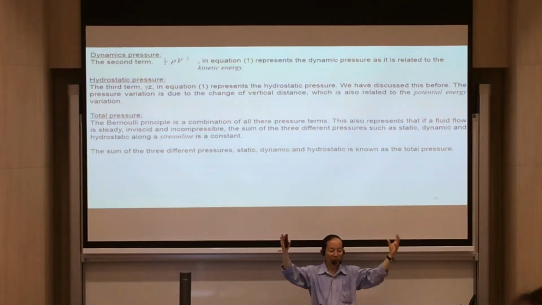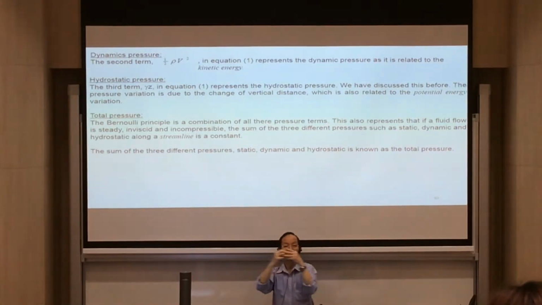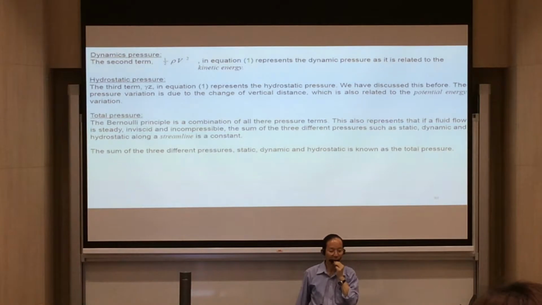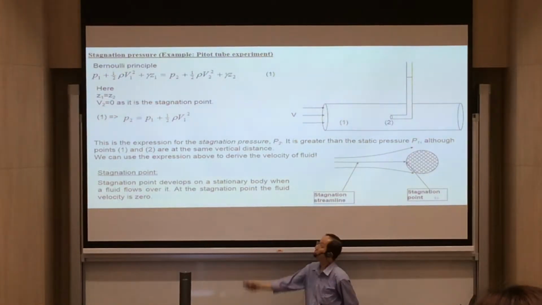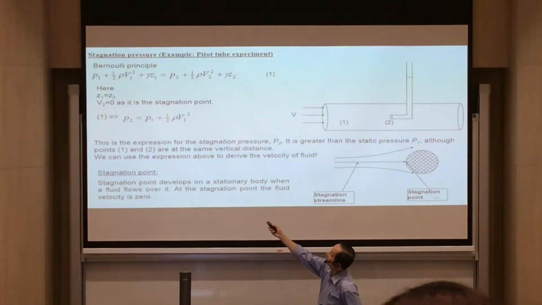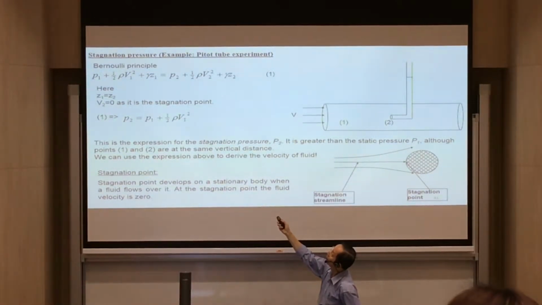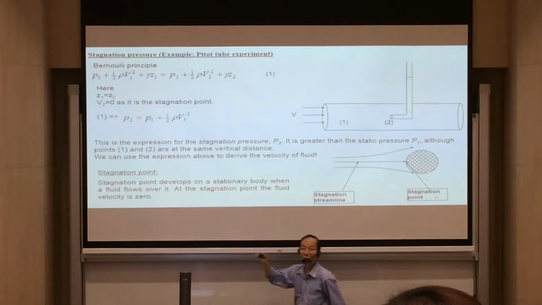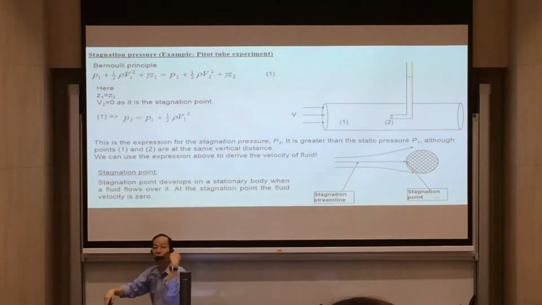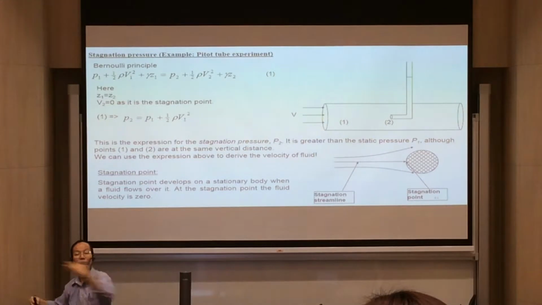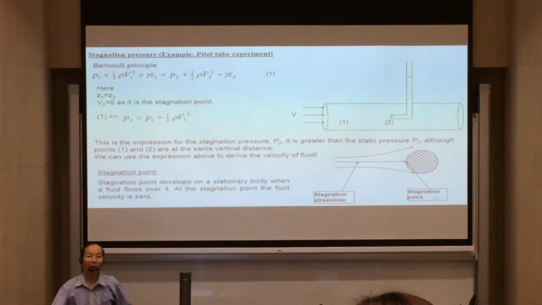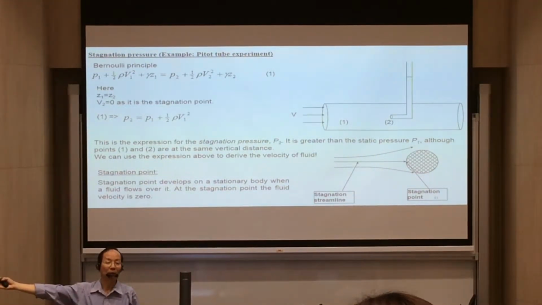So these three terms here represent the total pressure of a flowing fluid element. Total pressure. Okay? As I said earlier, in this relation, whatever subscript on the right is 1, whatever subscript on the left will be 2. This is always the case for a free flowing fluid, with no obstruction, just free flowing. Later on you will see what happens if you have a turbine.